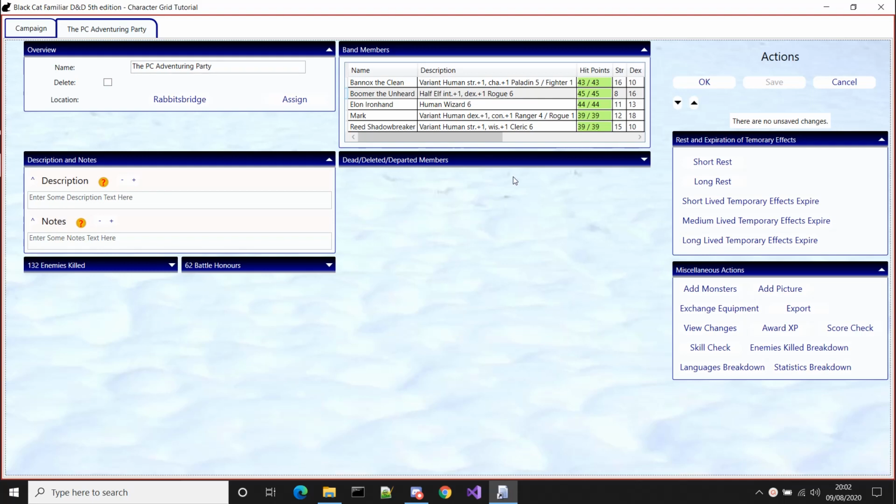The purpose of this video is to introduce Black Cat's character grid context menu, or right click menu, which is to save you time and speed up your game. This is using Black Cat version 2.4. So what we have here,